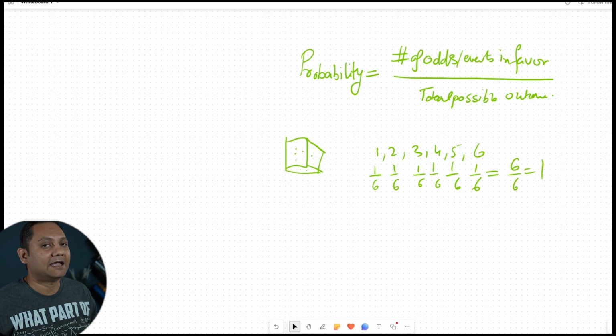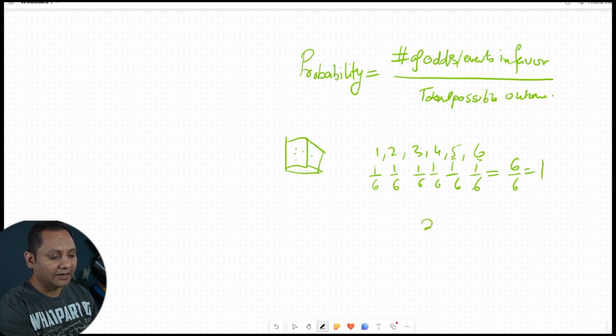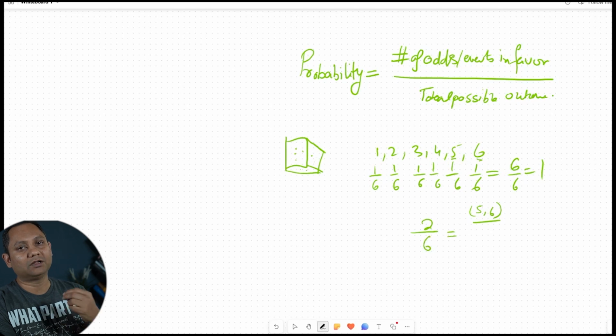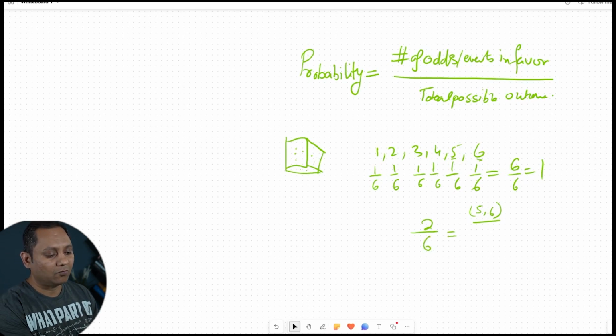So if I roll a dice, I am guaranteed to get a number between 1 and 6, right? Now if the question is what's the probability of getting a number more than 4? So more than 4 are how many? Two numbers. So the number of events in my favor are 2 because I have 5 and 6, right? So two numbers in my favor, total possible outcomes are 6. So the probability of getting a number more than 4 would be 2 by 6 or 1 by 3 or a